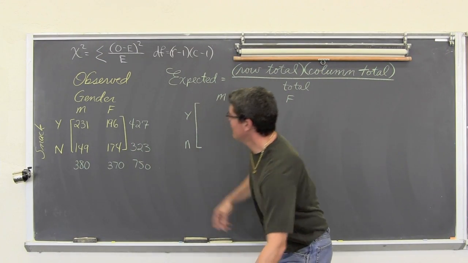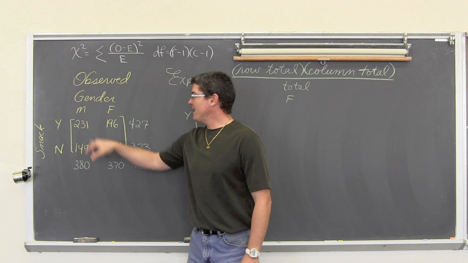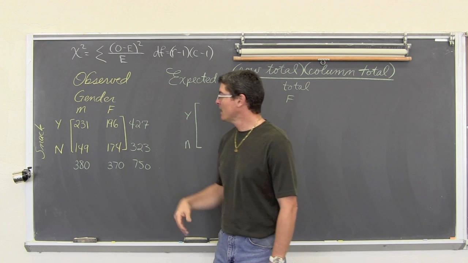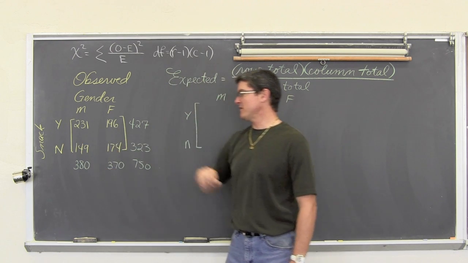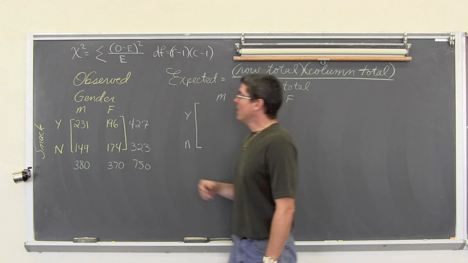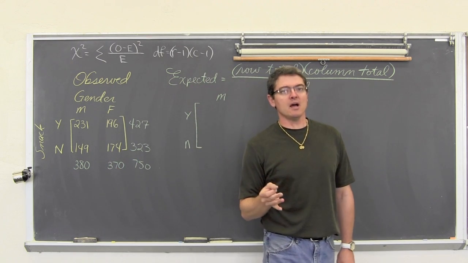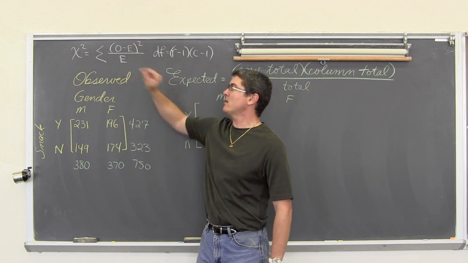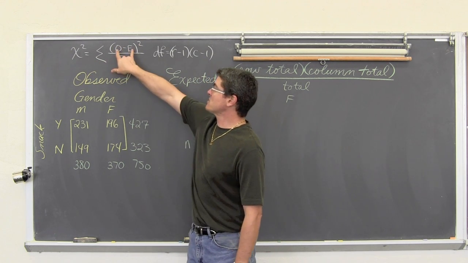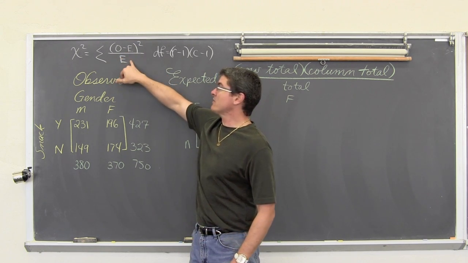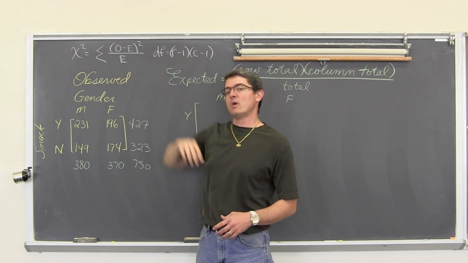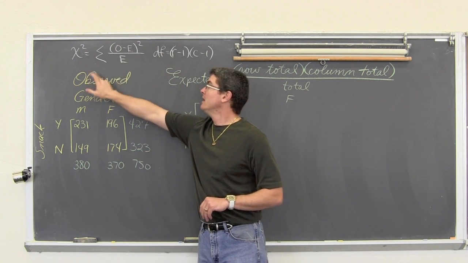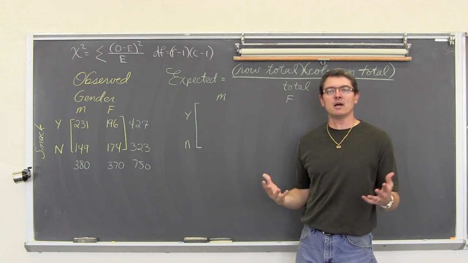So, we have our two-way table showing that we had 231 men say yes they snacked and 149 saying they don't. We have 196 females saying yes and 174 saying they don't. Okay, so we have our observed count values. Now to figure out chi-square, which is the sum of the observed minus expected, squared, divided by the expected. That means we're going to do a subtraction, we're going to square, we're going to take that answer and divide it by E. We're going to do that for every single one of the cells in the table, and since we have 4, we're going to have 4 terms in this calculation. And then the summation symbol says just go back and add them all up.